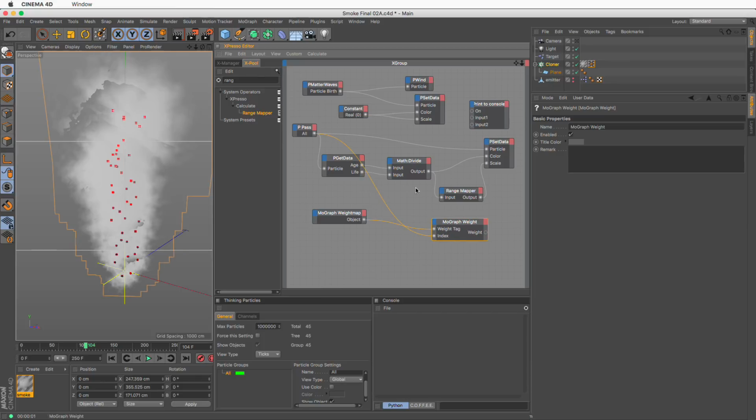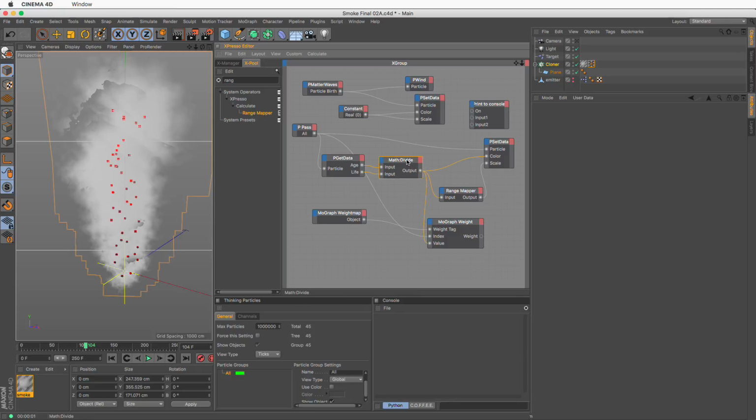So what I've done here is I've connected my MoGraph weight to the PPass so that I can drive each particle at the same loop I'm using to define the color and the scale, and I'm telling the MoGraph weight to write the data over here, and we're going to use it in a certain context in a bit. The next thing I want to do is tell it what value to write there, and these are the only inputs it has. Nothing else makes sense. And the value I'm going to put in here is actually the output of this, that division, that normalized number.